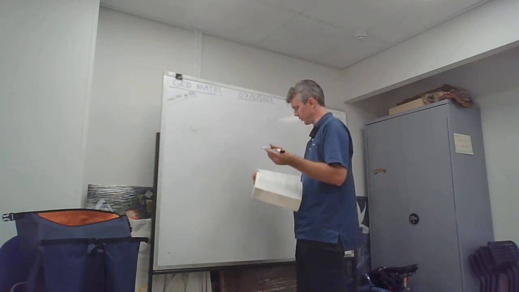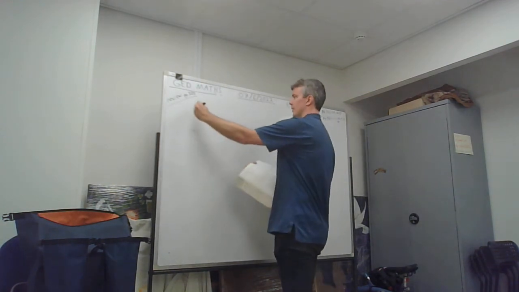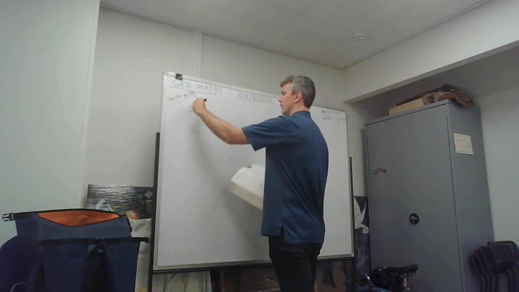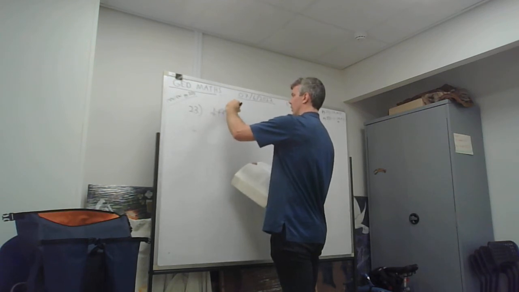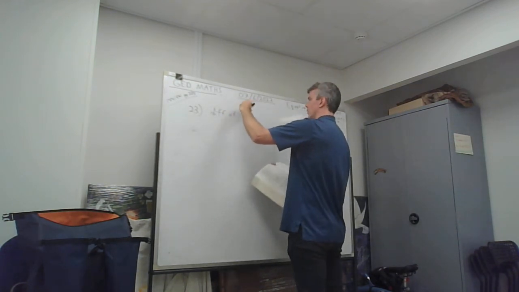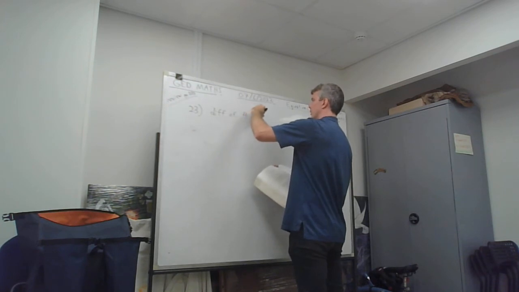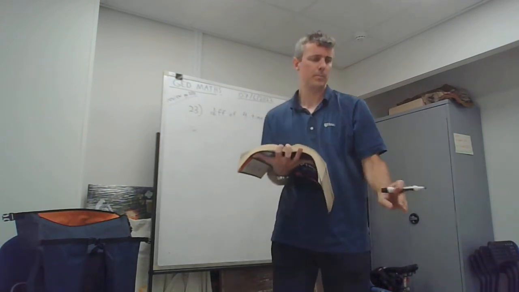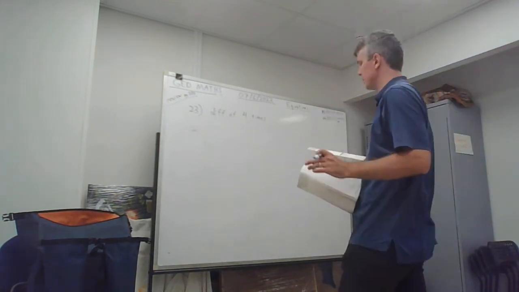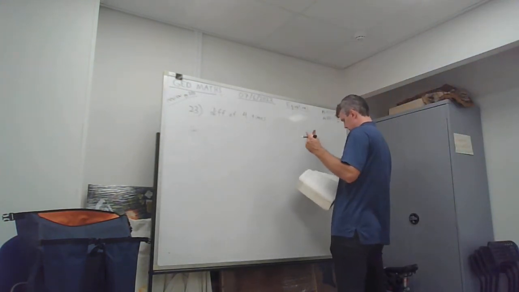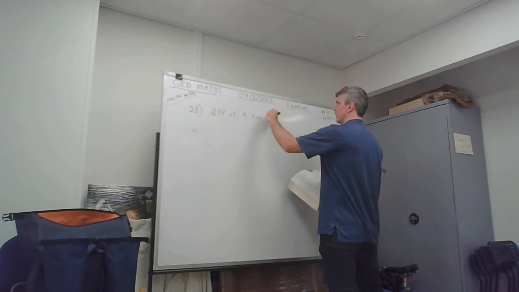So we have the difference. Let me write this out. Let me just write it out and then we'll solve it. 4 times x,